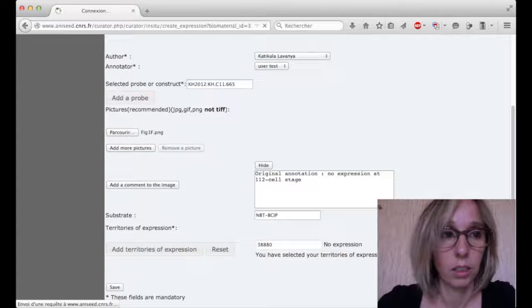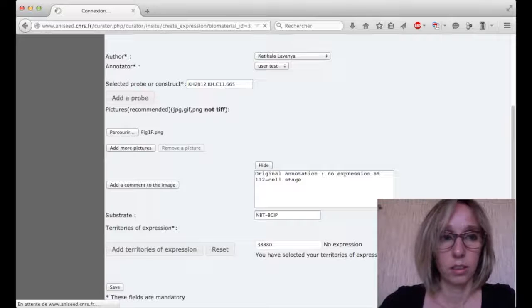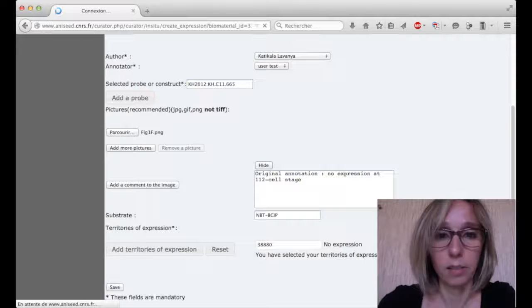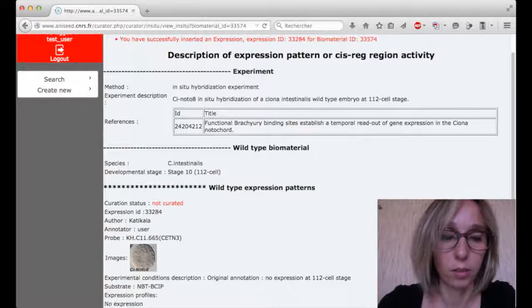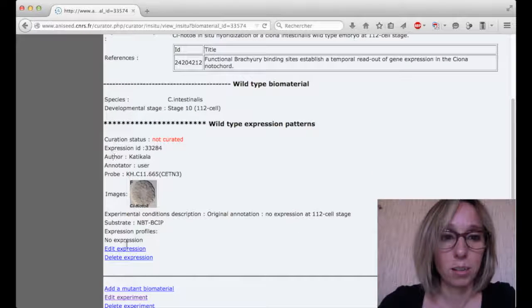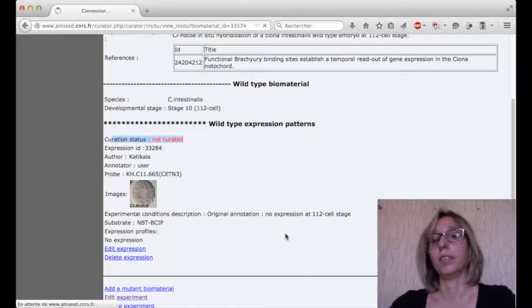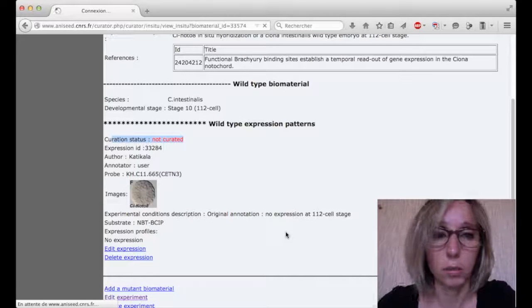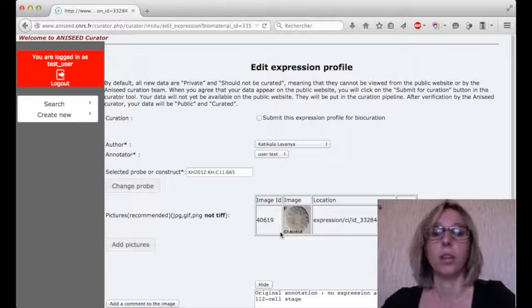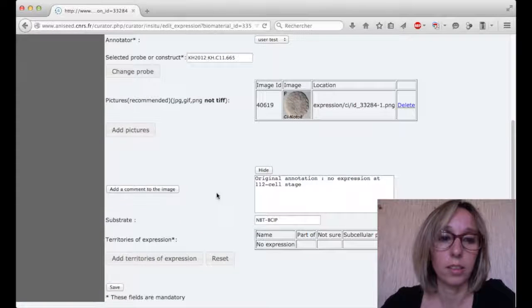Okay, and here I have the summary of the expression pattern. So I have the curation status, not curated, the identifier, the author, the annotator, the probe, the picture, the annotation, the substrate. I can edit this entry. And here, for example, if the data is okay, I want to submit to curation. So I click on the button and save it again, and this is